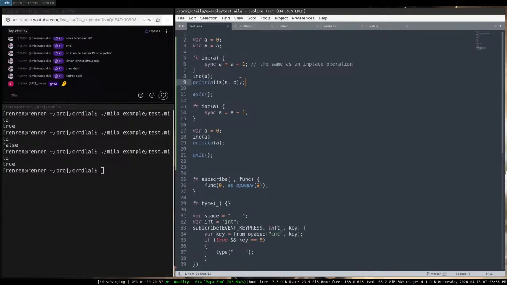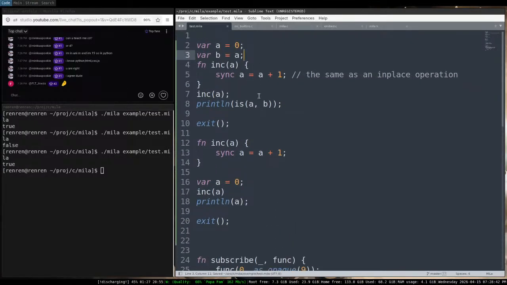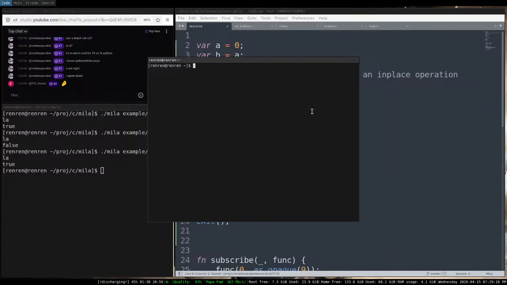So yeah, here is an example of modifying a value in place. Sync just tells Myla that this value shouldn't be changed or overwritten. So whatever value this becomes, it just gets transferred into here. So even though we incremented A here and we pass in A here, in any other normal programming languages, this would be false. So for example, in Python,